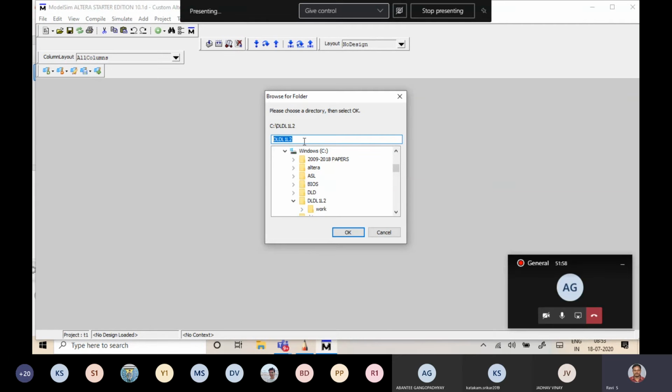There you create one separate folder, saying DLD Verilog HDL. So I'm just creating one folder, DLD L1 L2. That is the folder I created. Let me use one more underscore, Verilog.